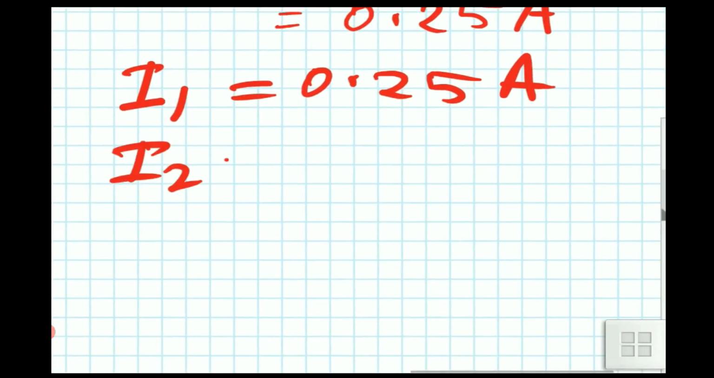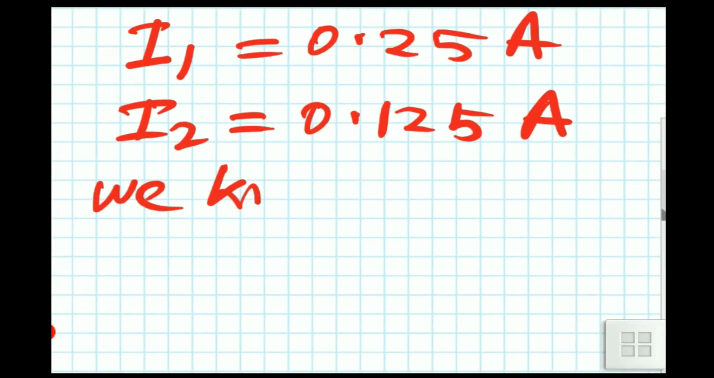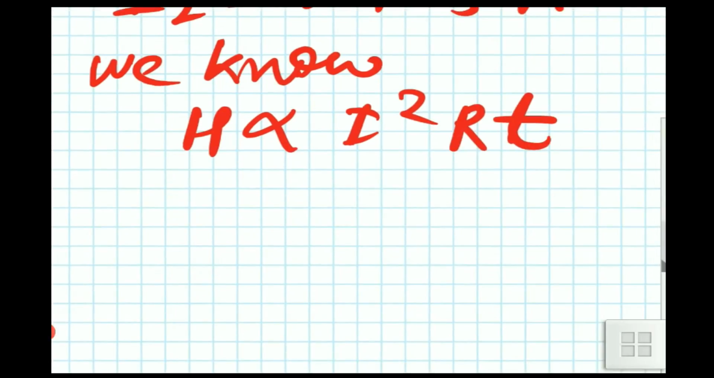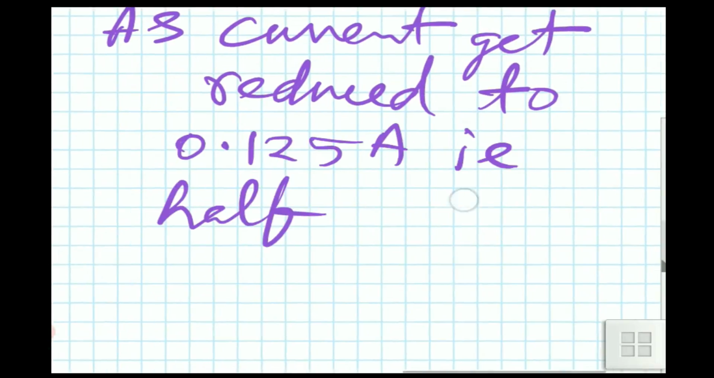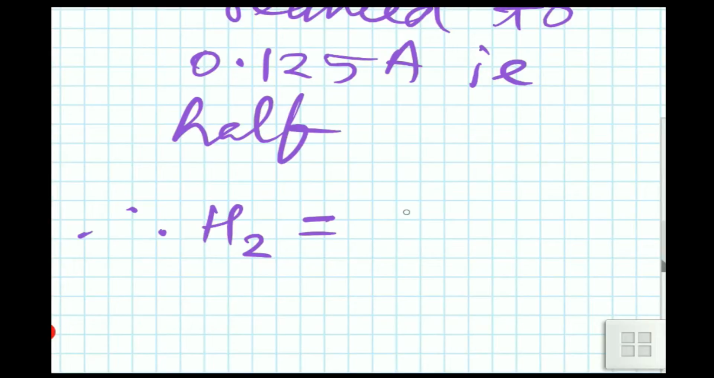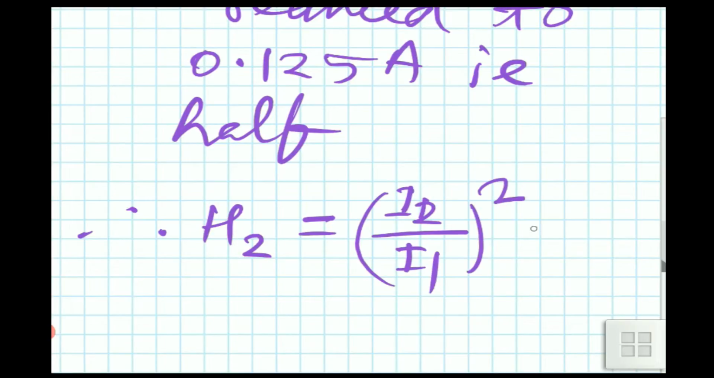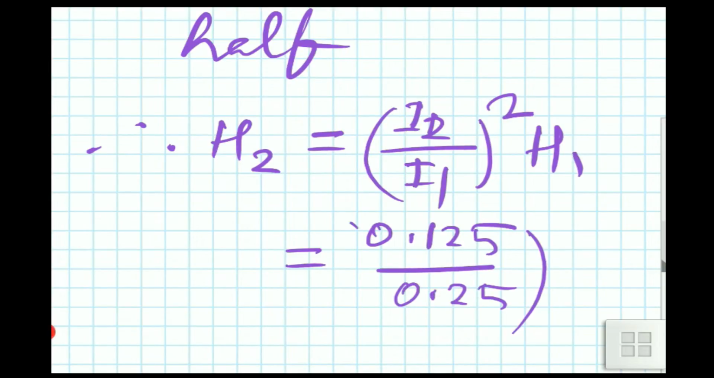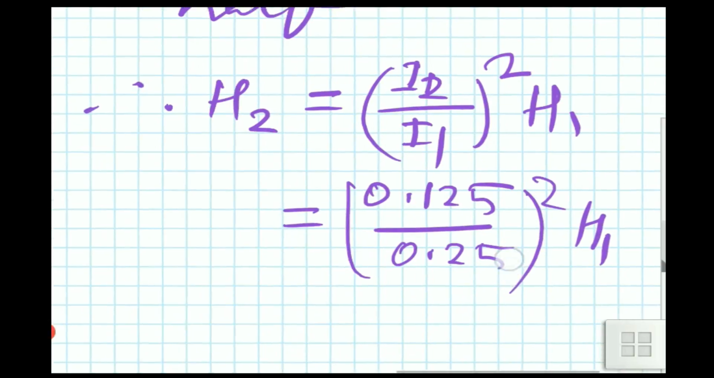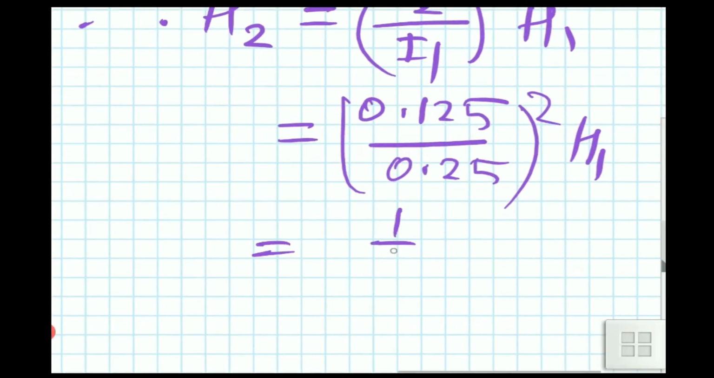Okay, so what we notice here, the current I1 equal to 0.25 ampere and I2 is equal to 0.125 ampere. We know the heat generated across an element is proportional to I square R T, as the current is reduced from 0.25 ampere to 0.125 ampere. Therefore heat generated will be reduced to 1 by 4. Okay, as shown here. Heat generated in the second case will be reduced by 1/4 because H is proportional to I square,